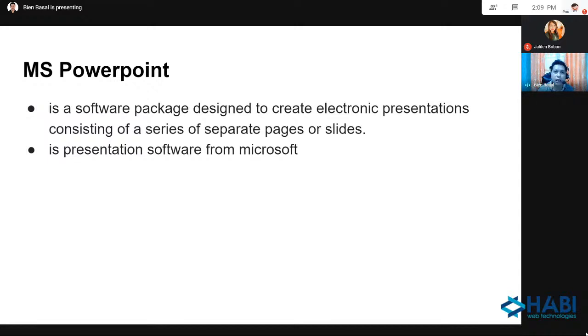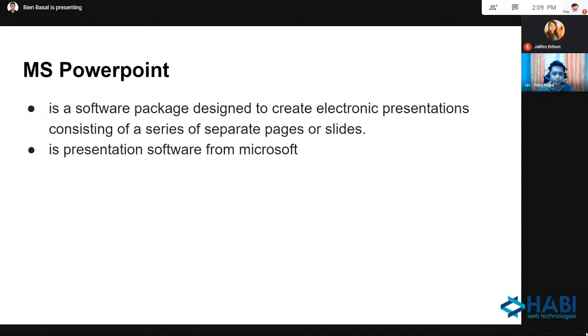Kasi bago pa lang tayo nagsimulang mag-G Suite, I believe you already using po yung MS PowerPoint. And what I observe po sa mga iba po na nagpa-PowerPoint, they use PowerPoint po as linear approach. Meaning, yung slide po nila is from slide 1, slide 2, slide 3, slide 4. And okay lang po yun. But actually, we can do more pa po sa PowerPoint.